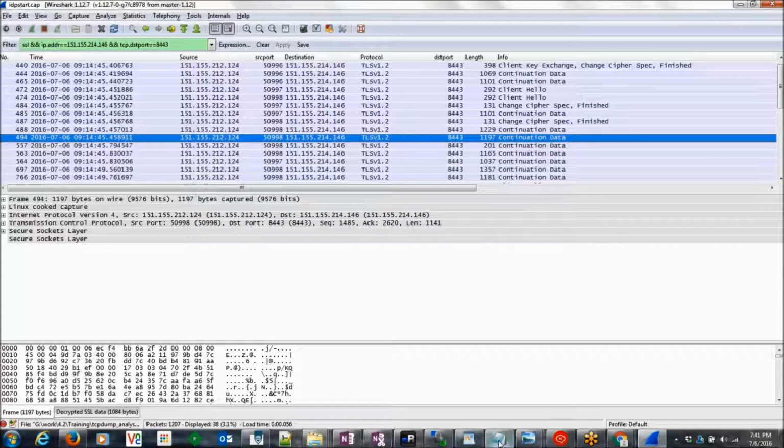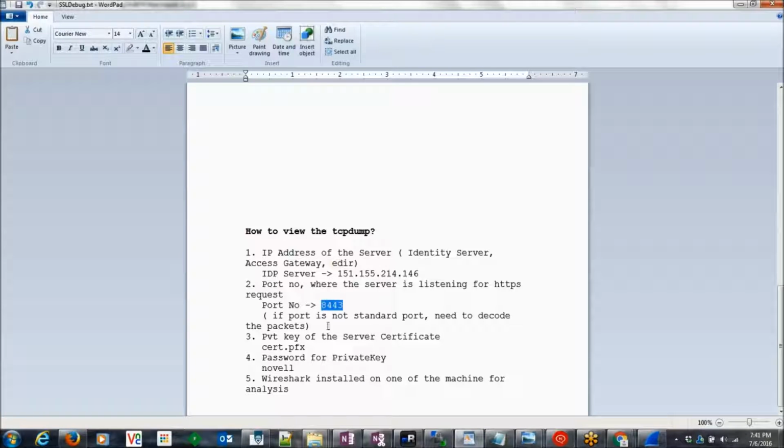One thing I have to mention: when you are using the port number, you have to make sure that if the port is not a standard port, you need to decode the packets, otherwise you will not see any information about that. The meaning of standard port is, if you are using HTTP communication, the standard port is 80. If you are using HTTPS communication, the standard port is 443. Now 8443 is used for HTTPS communication, but it is not a standard port. So to see the messages related to this port,